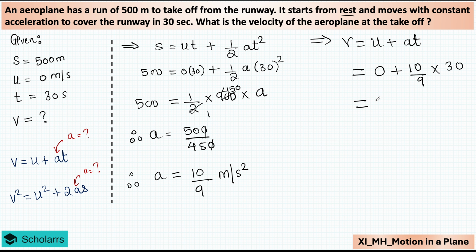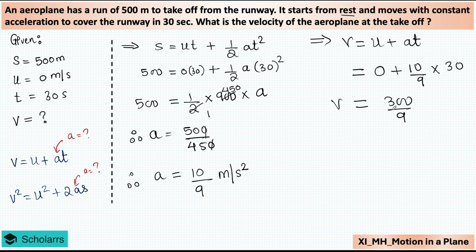So 10 30s are, this will give you 300 divided by 9. Simplify these terms. So you will be getting around